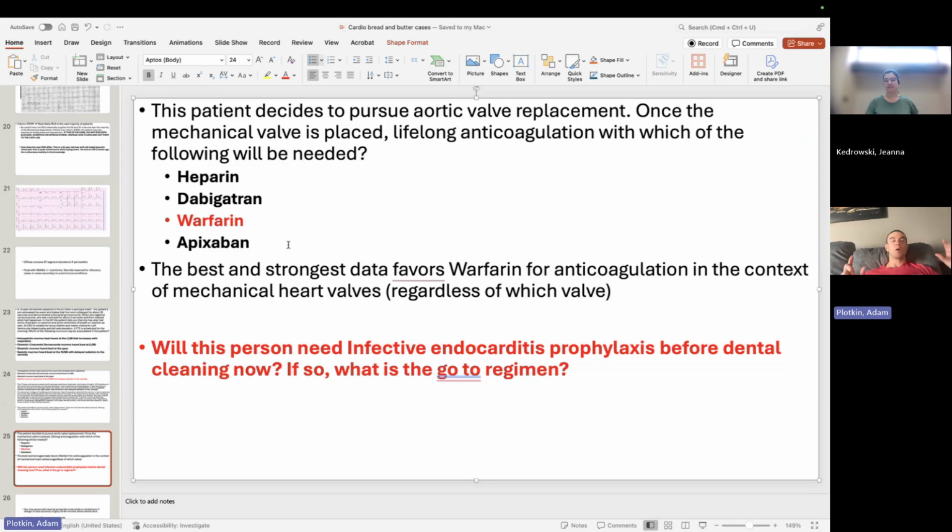So this VKORC in the liver takes oxidized vitamin K. We throw it through this enzyme. We reduce it. Reduced vitamin K is super duper important as a cofactor to activate factors 2, 7, 9, 10, and protein C and protein S, right? So with warfarin, we'll slowly reduce 2, 7, 9, 10, C and S, all right?